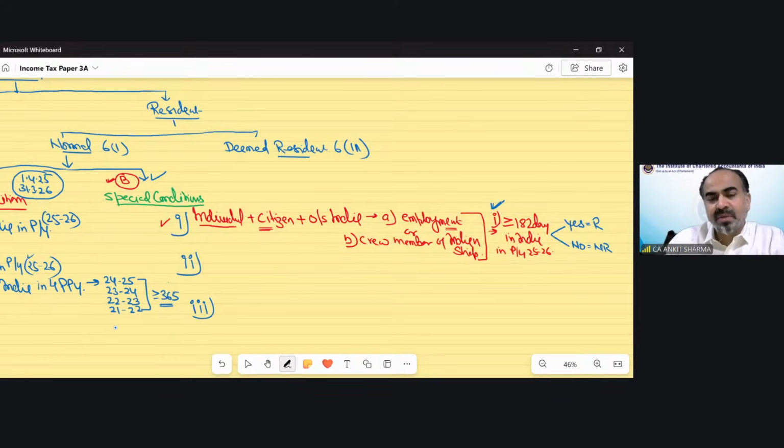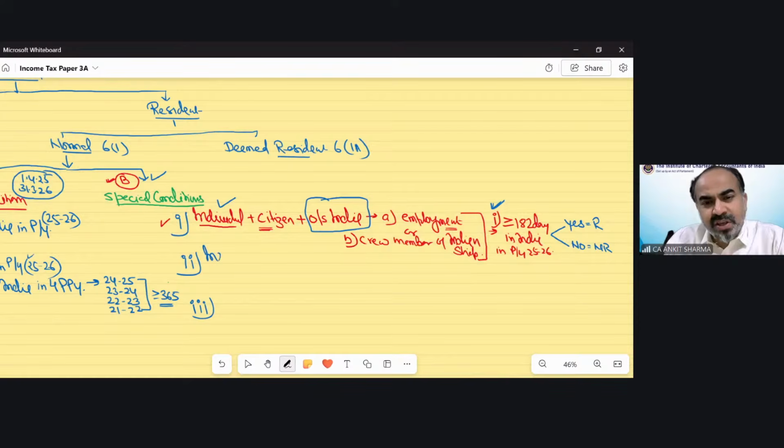Now second case. The first was for those individuals going outside India. Now second is for those individuals who are already outside India, those who are settled outside India. There must be some relative of yours who is actually staying outside India permanently, but now they are coming to visit India. So they generally come to visit India to meet relatives, for a marriage function, or just to travel in India, etc. So the second condition is for those individuals who reside outside India, but are just coming to India for a visit, a temporary purpose.